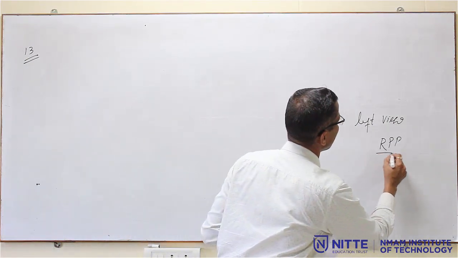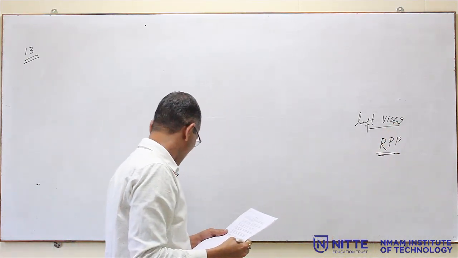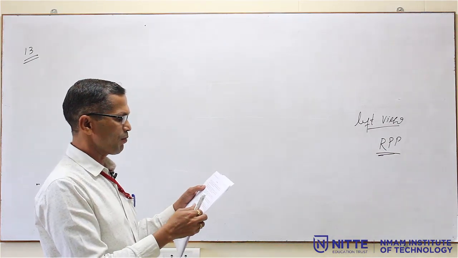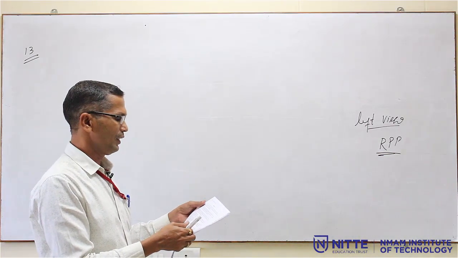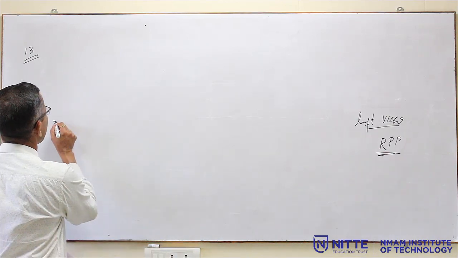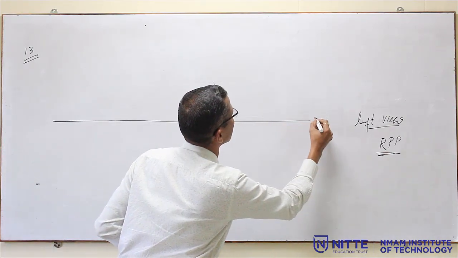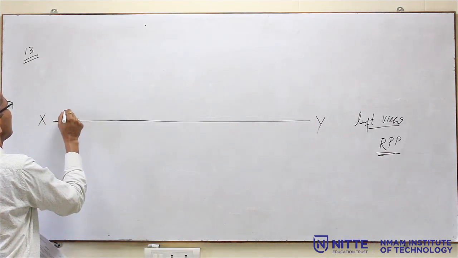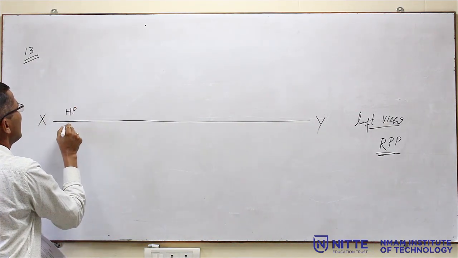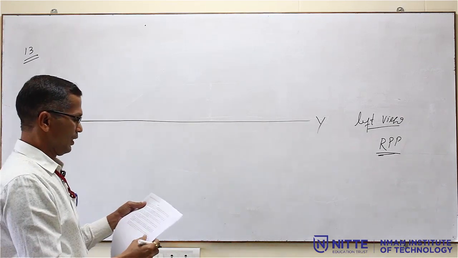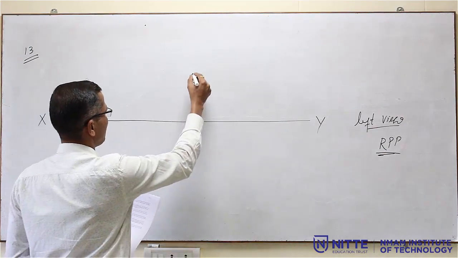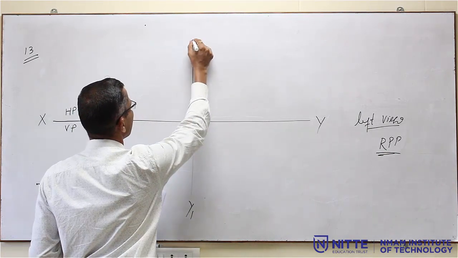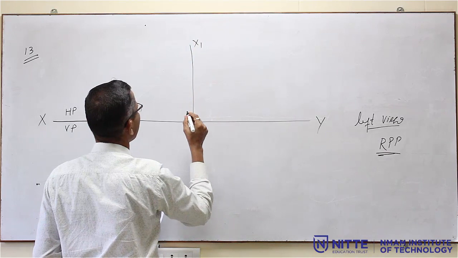So, this is the new term in this problem. So, they asked about the left view. Now, what they told is the front and left views of a point in the third quadrant. They have mentioned the quadrant also. So, the point is in the third quadrant. So, prepare for the third quadrant. Third quadrant is this is HP and this is VP, and it is the RPP. So, draw x1 y1 and RPP.